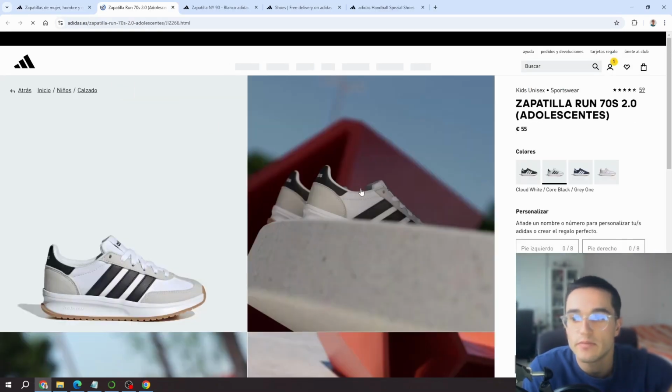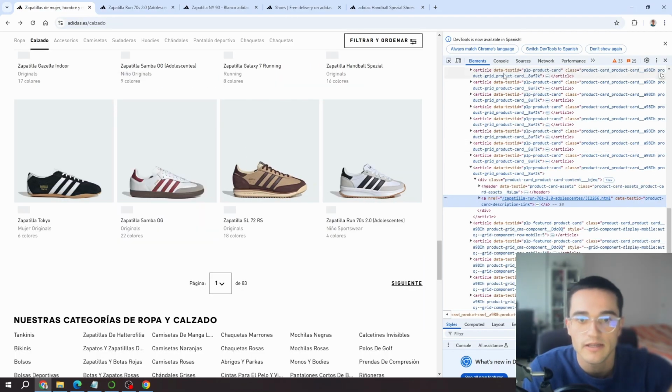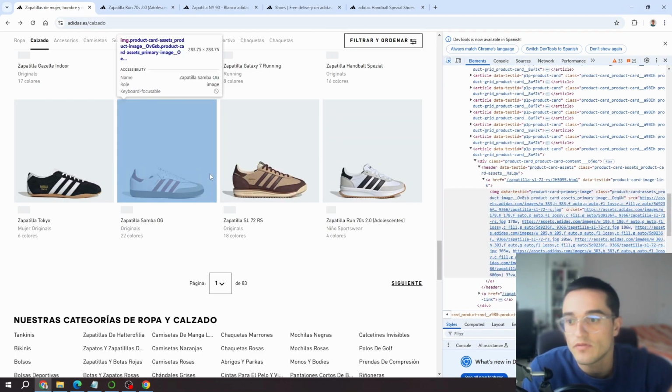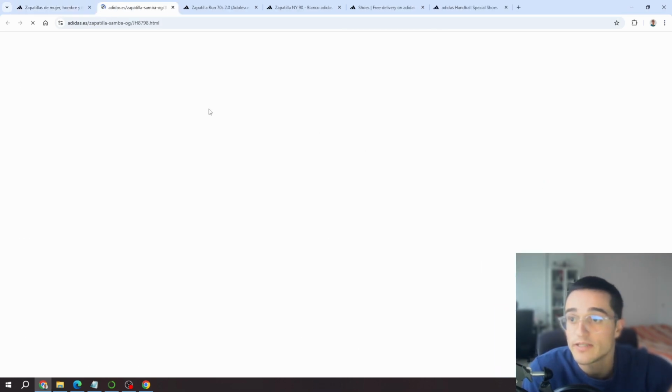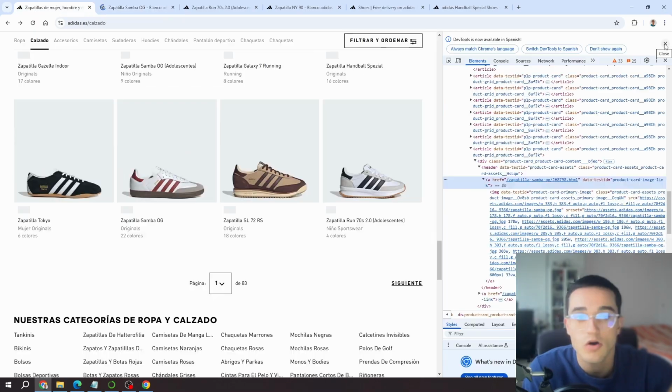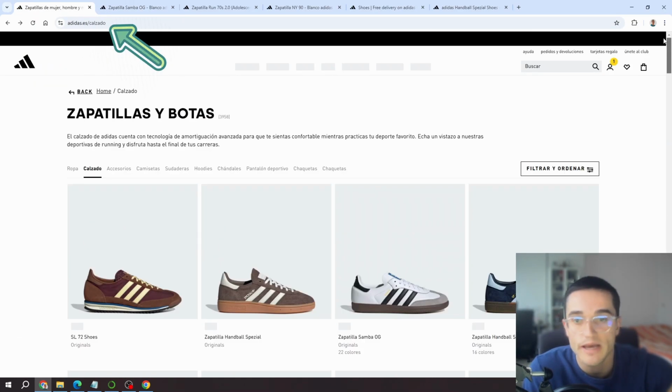If I open it up, I get it here, okay? So this is what I'm interested in. And for example, for this shoe, I have it here. If I open it up, I get it. Therefore, what our algorithm will do is get into this first page,